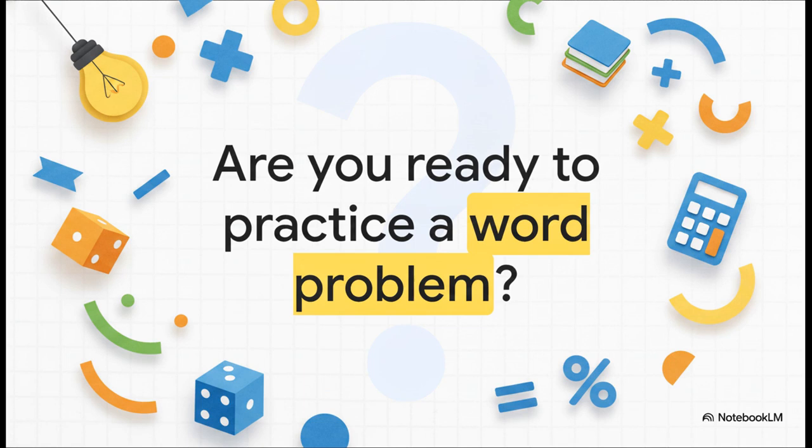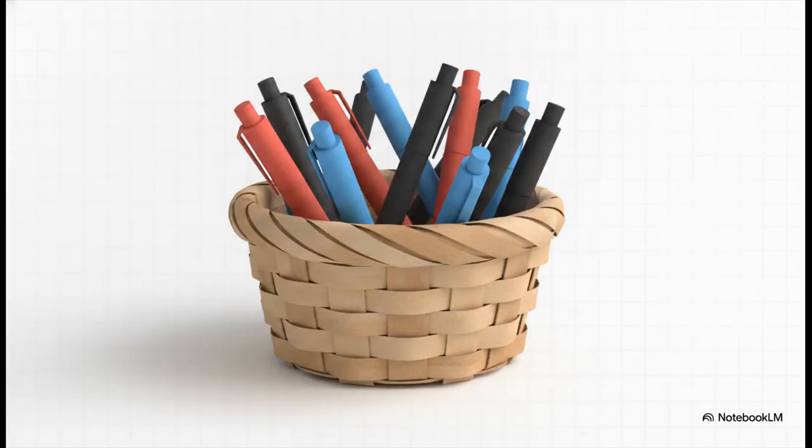Now, are you ready to practice a real word problem together? This is exactly the kind of question you might see popping up in Section B of your math exam. You know the formula, you know the steps, let's totally crush this. Listen carefully to this one and try to visualize it in your mind. In a basket, there are 8 red pens, 4 blue pens, and 7 black pens. Can you picture that basket full of all those colorful pens just mixed up together?